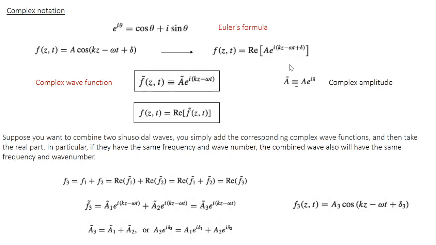Now you may be wondering, why do we need this kind of complex notation? We already have a nice form for the wave function. The reason is, in wave mechanics, often you have to do mathematical manipulation of the wave function. If you recollect the wave equation, we have a second derivative of the wave function. So you have to differentiate the cosine or sine function. Similarly, if you want to solve the wave equation, you need to integrate. So you have to do integration also.